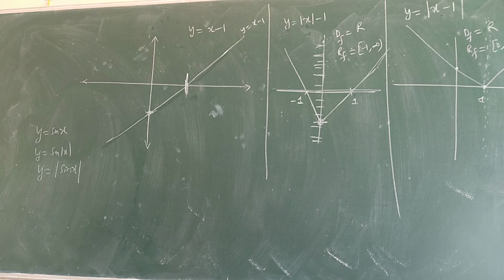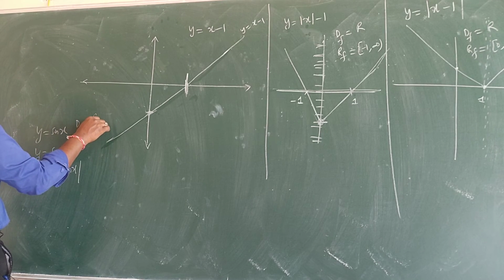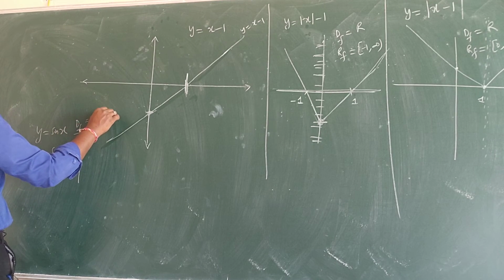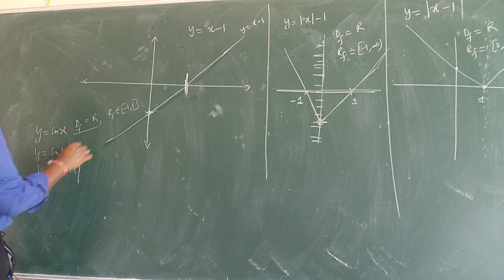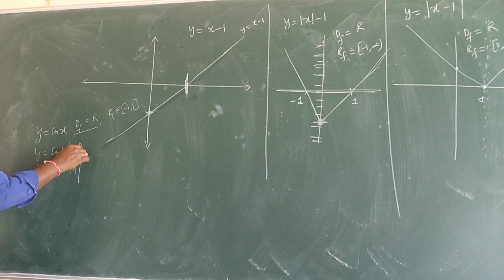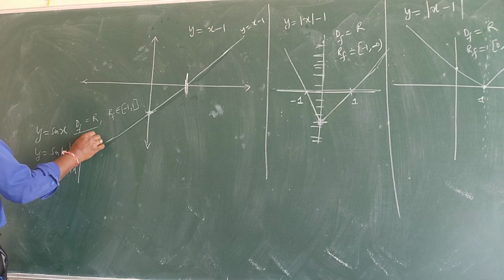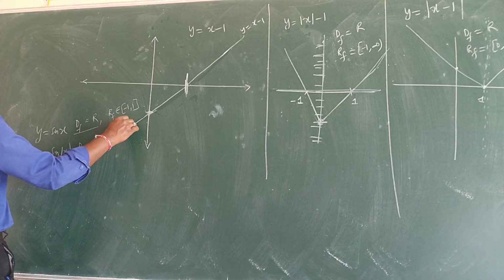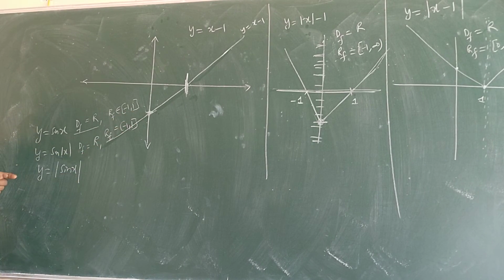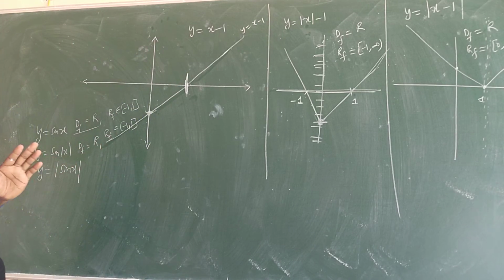Now if I ask somebody what is the domain of this function, everyone will say R. What is the range of this function? Everyone will say -1 to +1 closed. For this one also the domain of this function, this confused many people, but the domain will be R, and the range also you got -1 to 1, just before we have done it. We have done the graph. You can see from the y-axis it goes on like this, right?